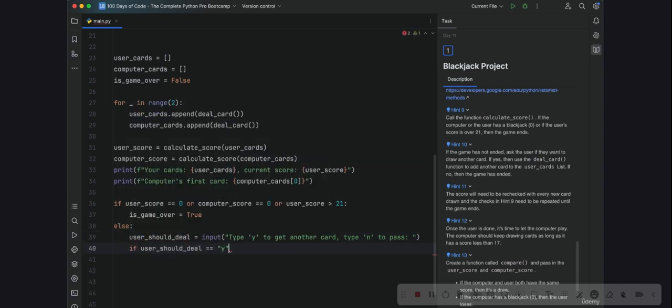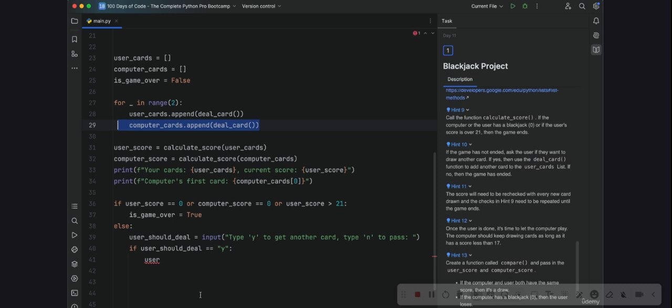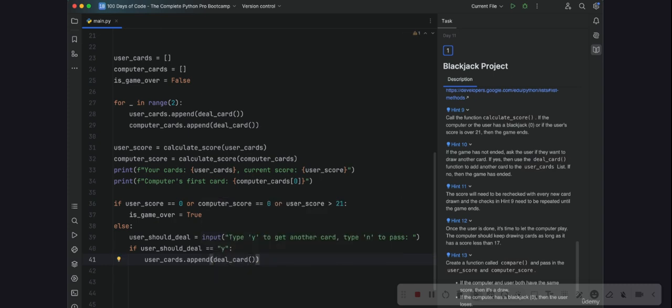Well, in that case, we're going to add another card to the user's card list by doing the same thing that we did in the beginning, where we dealt 2 cards to each player, by saying user cards dot append, and inside the parentheses, the thing that we want to append is the output from deal card. So just a quick check to make sure you've got all the parentheses there, and then we're ready to address